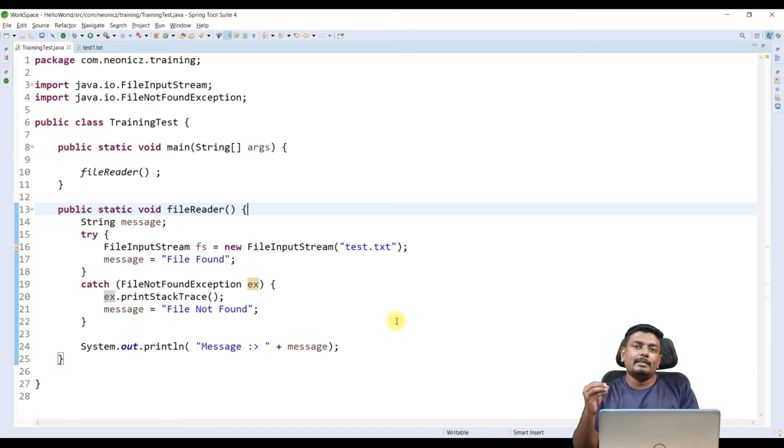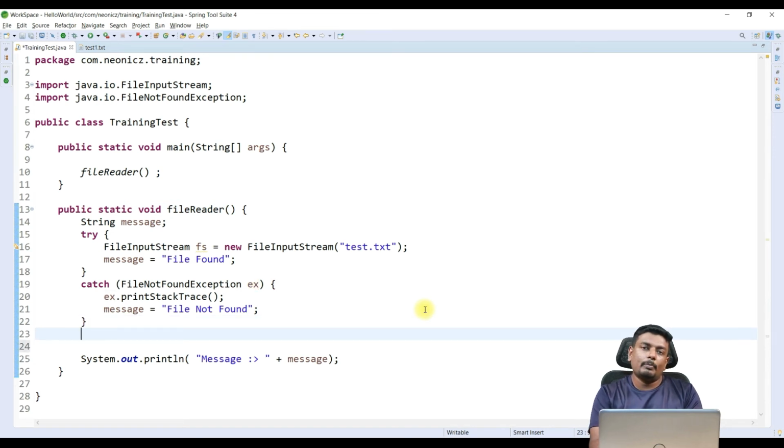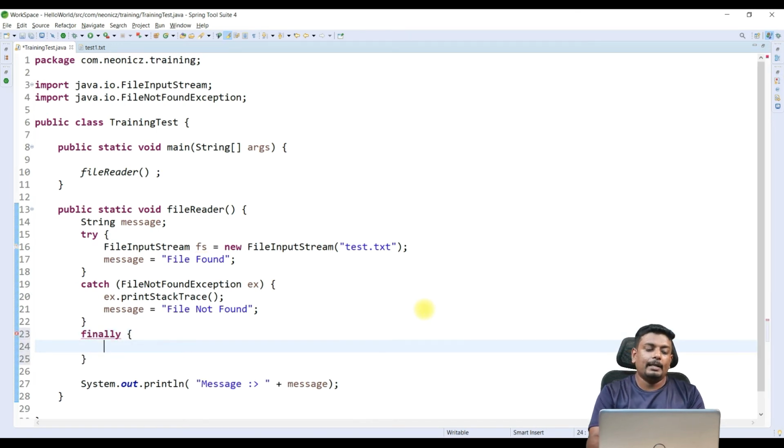So by handling this exception this way, we are preventing our program from breaking unnecessarily, abruptly, or unexpectedly. So we can handle the exceptions this way. Now there is one more keyword we use with try catch, which is finally. What finally does is,